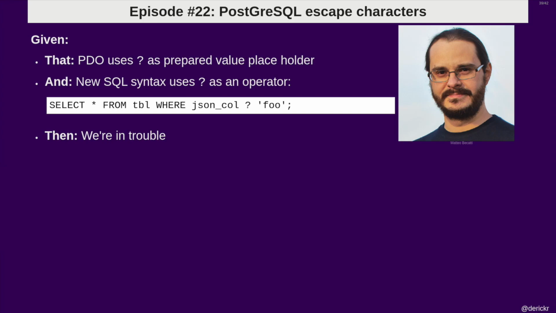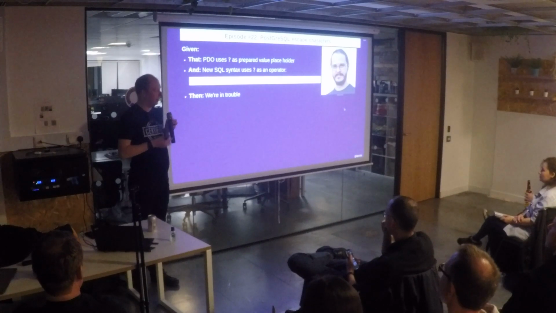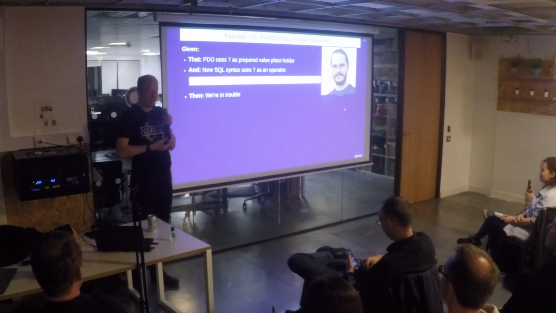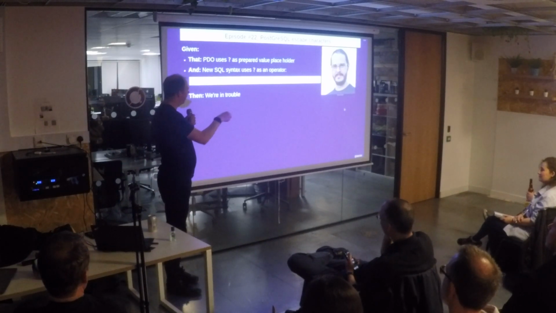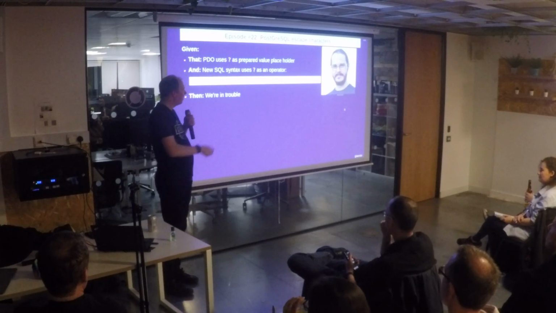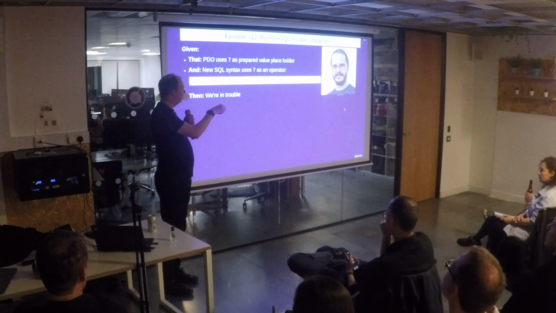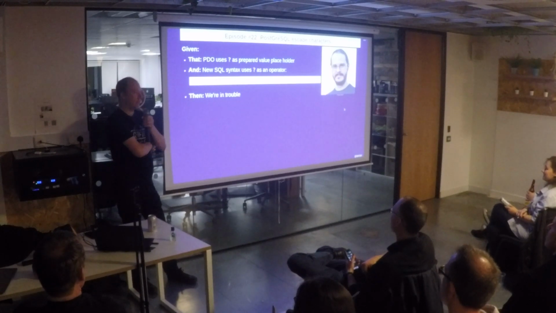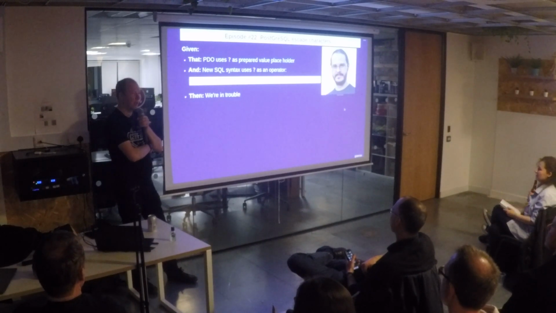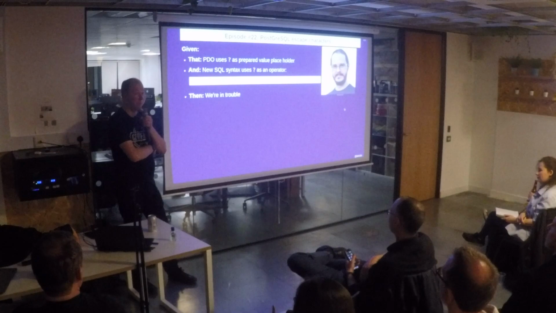And the last one I want to chat about is something that's produced by Matteo. He likes using old-fangled databases with newfangled functionality, like having JSON stored in relational databases. And the way in SQL you interact with that information is by using the question mark. Basically, that says, tell me whether the value foo is in the JSON, or something. I don't actually know what this operator exactly does. But in PDO, the question mark is a variable substitution. So you can't do this because this will now give you a parse error.